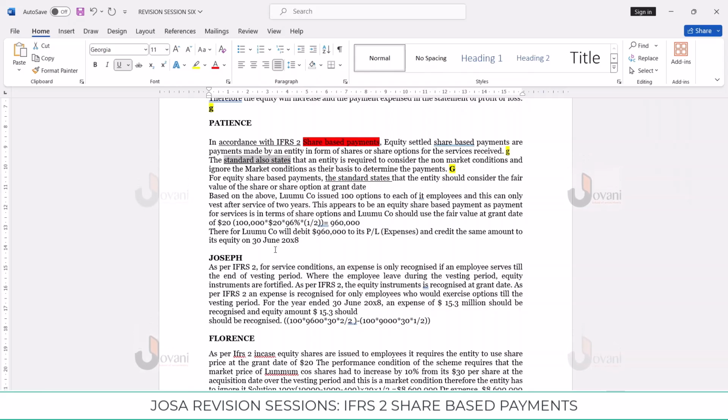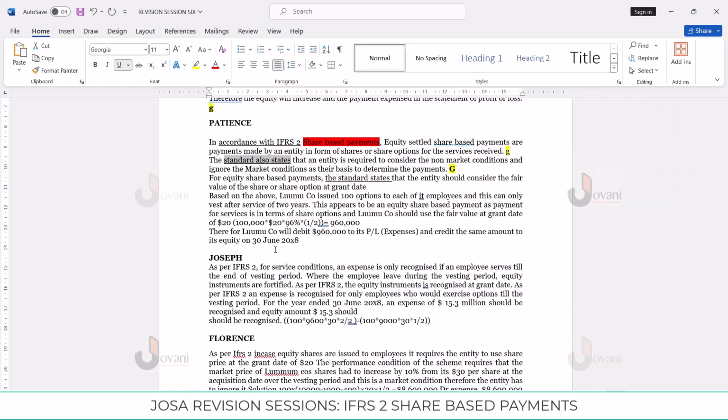Which shows that you understood. Okay. As per IFRS 2, the equity instrument recognized at the grant date. My dear, this is true, but if you don't talk about the fair value of the equity, it's not even true. Do you know why? This is wrong. Joseph,